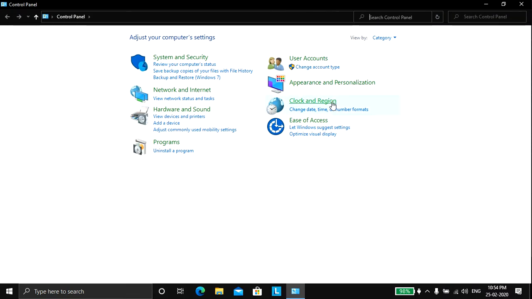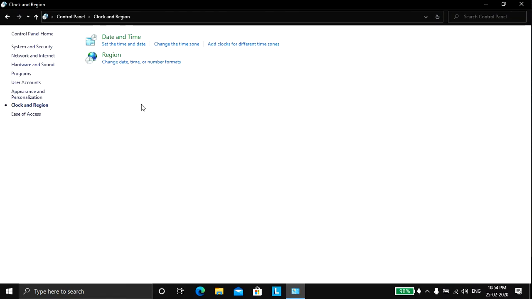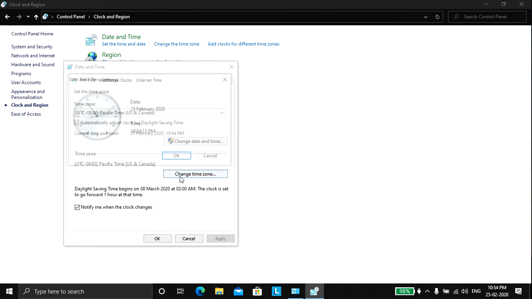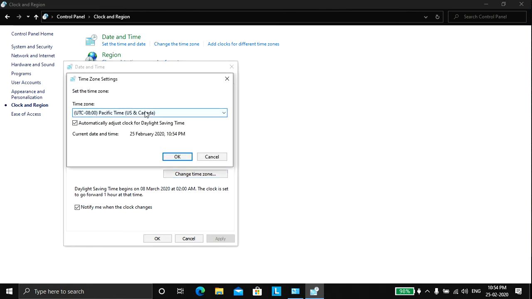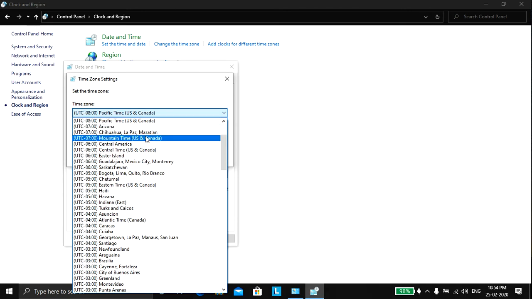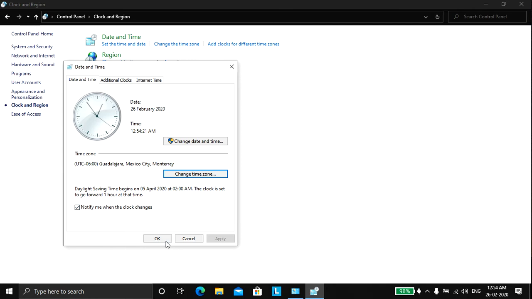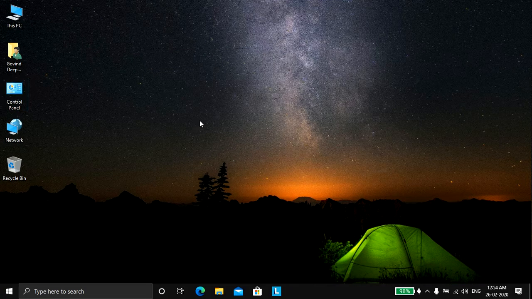Control panel, clock and region, date and time, and under time zone, click on change time zone, and from this drop down we can change any time zone. We can go to any time zone. So this is how we can change time zone using control panel,